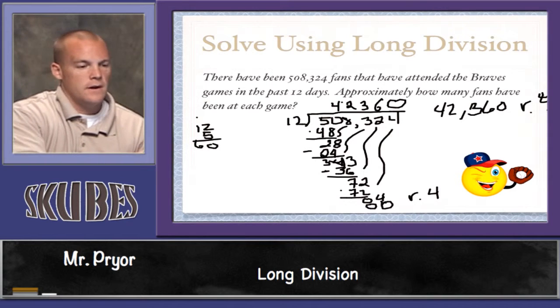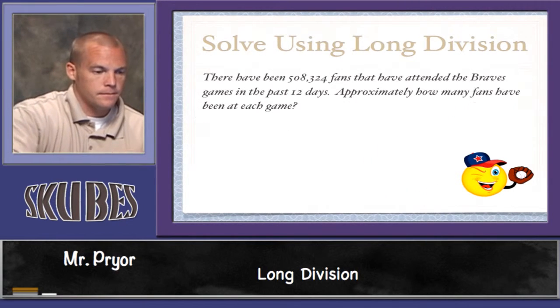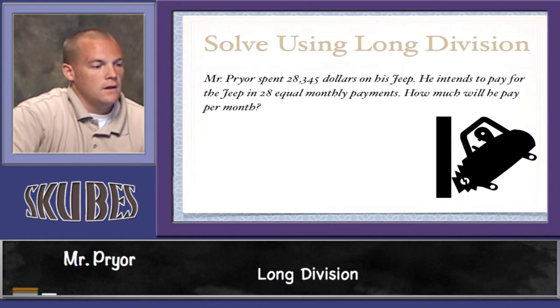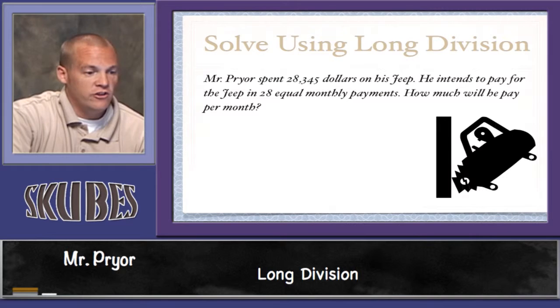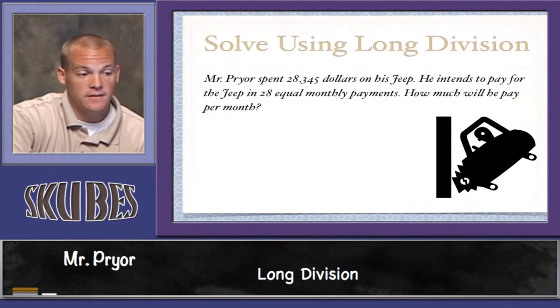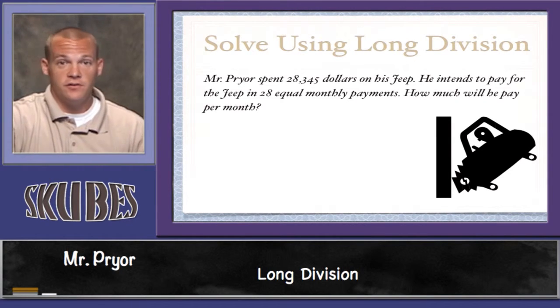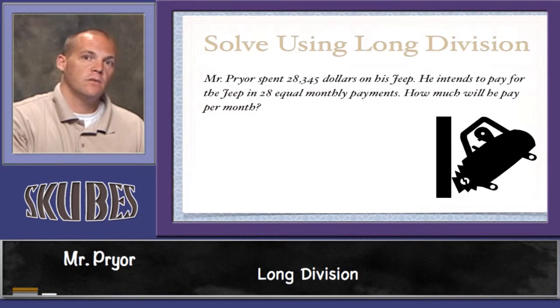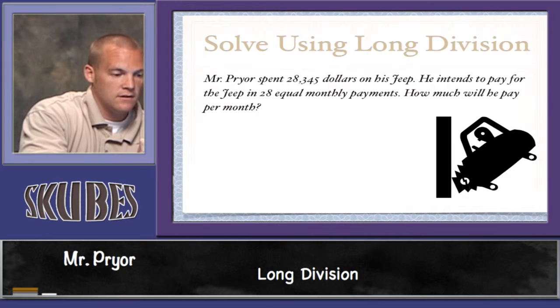All right. Let's look at one more example here. All right. Mr. Pryor spent $28,345 on his Jeep. He intends to pay for the Jeep in 28 equal monthly payments. How much will he pay per month? All right. So we're going to break up the total. Again, it's always the total divided by what you're breaking it up to. In this case, we're breaking it up in how many months? 28. So we're going to take that grand total,